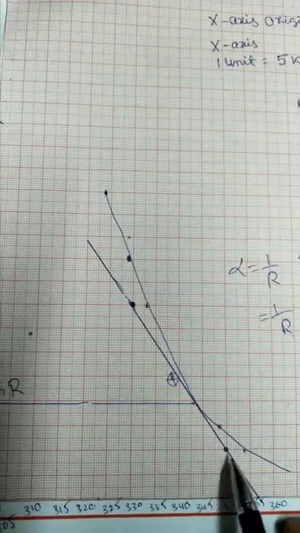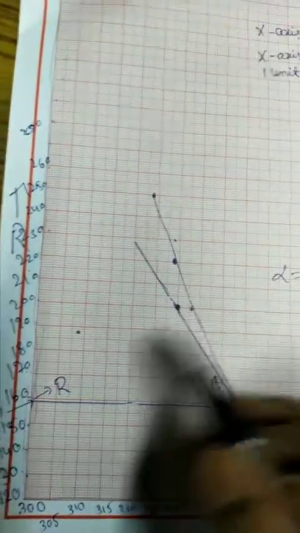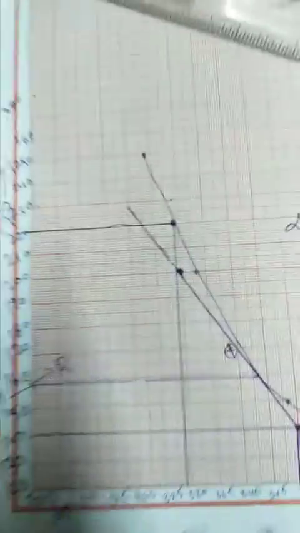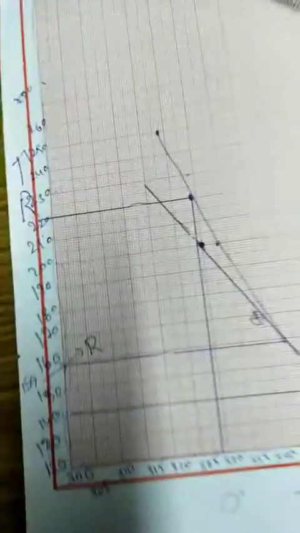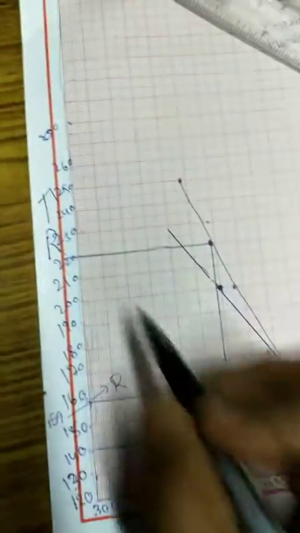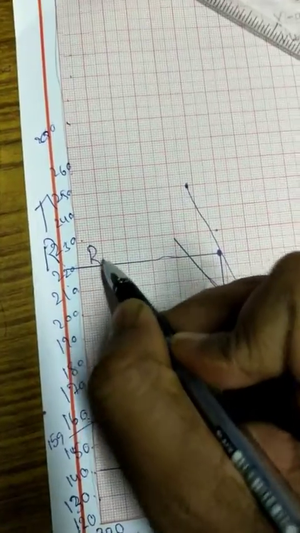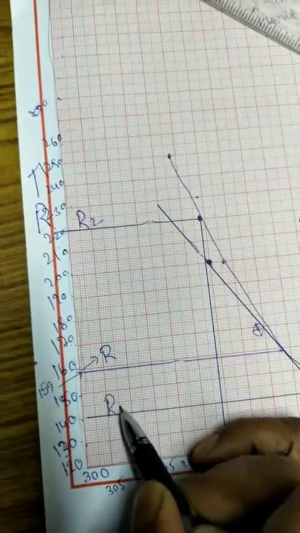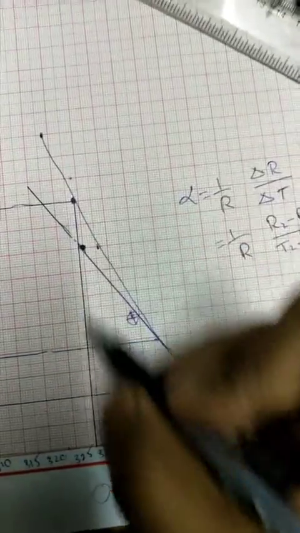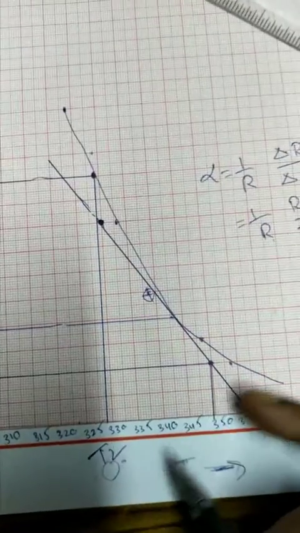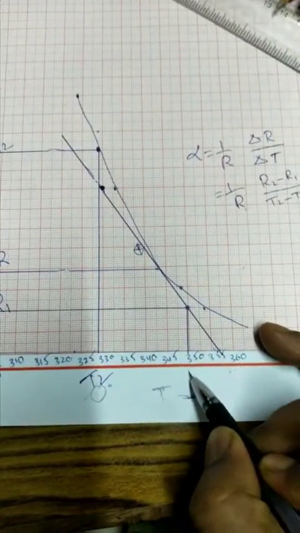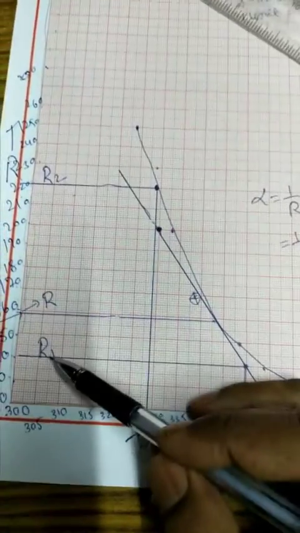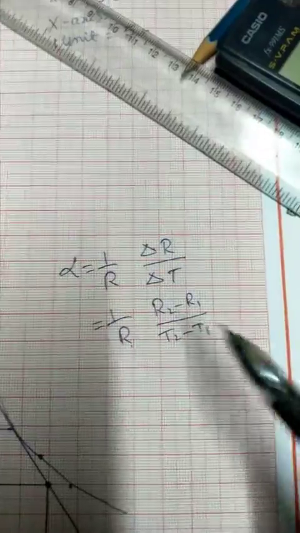So by using this I am going to draw lines to the x and y axes from this particular point. See that this value is called R2. Why? Because this is the y axis, then the other is R1, and similarly on this one you take out T2, and this you take out T1. Okay, so R2, R1 values you got, T2, T1 you will get, and substitute them in the formula. Now I'll substitute and show you the value.